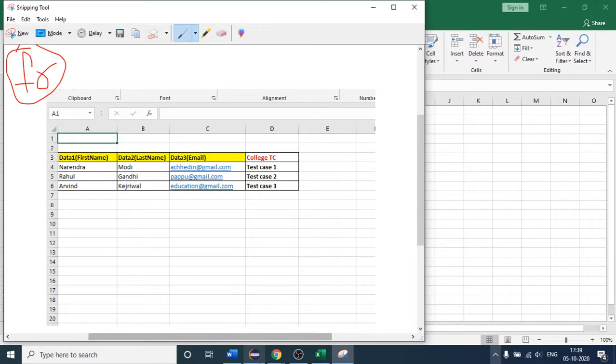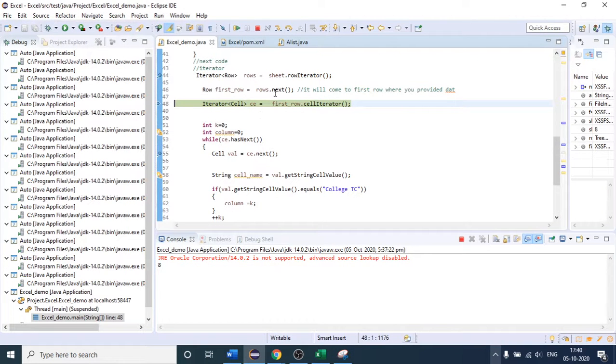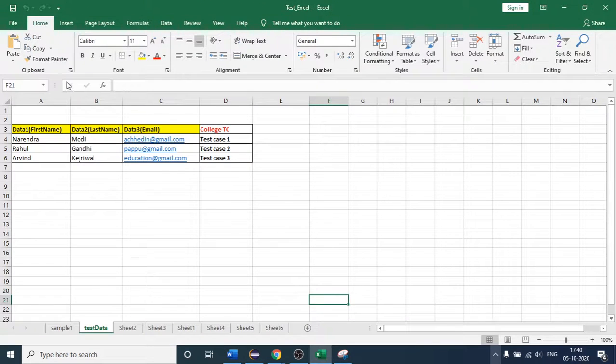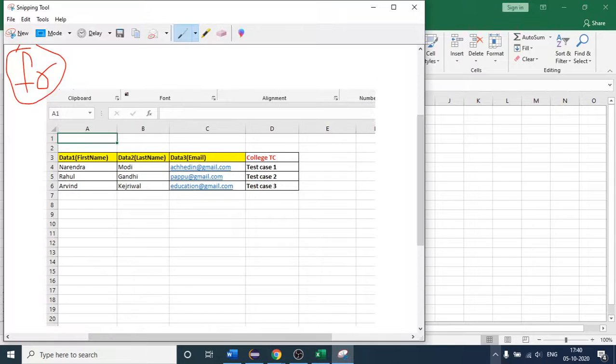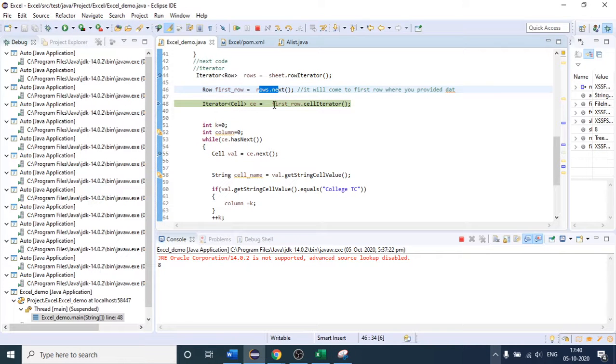After that, I am saying rows dot next. This is the rows dot next. So this iterator object will start pointing to this one, right? Because here it is the first row. Yes, fine. Where the data is present, it will point to this. After that, I am providing one iterator over the set of the first row. If I click this again, what will happen after that?